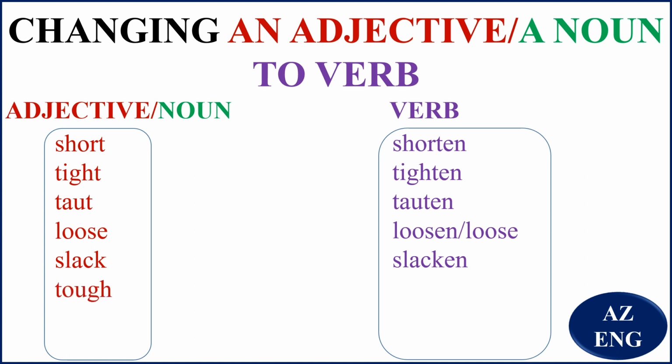Tough. So if something is tough, it's not easily damaged. It is not easily broken. So if you want to increase the toughness of something, what do you do? You toughen it. Or if it toughens, we mean the toughness increases. You can even use tough to talk about someone who is strong. And you can use the word toughen to talk about increasing the strength, that is making someone stronger. So I want to toughen my son.